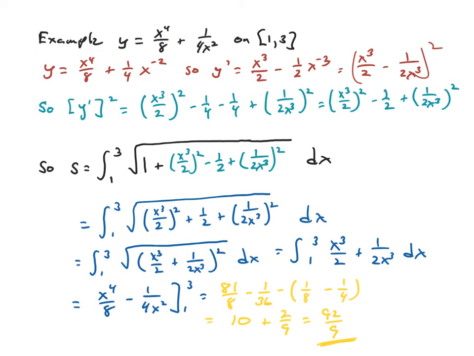And I evaluate that, and I get 92 over 9 as my answer. So what I'd like you to do at this point, again, pause the video. I want you to make yourself comfortable that this here equals that. Okay? You can do that